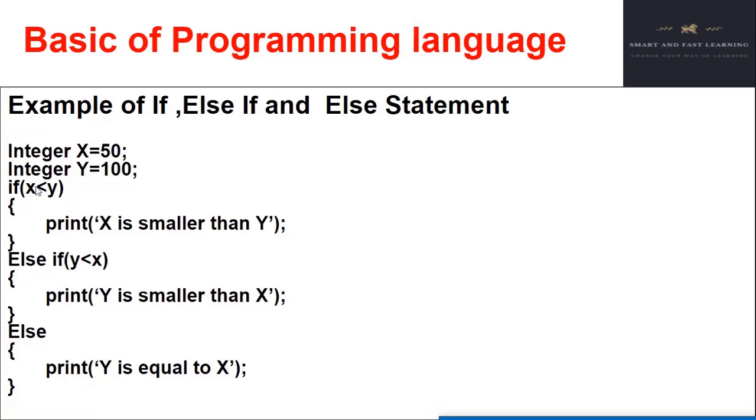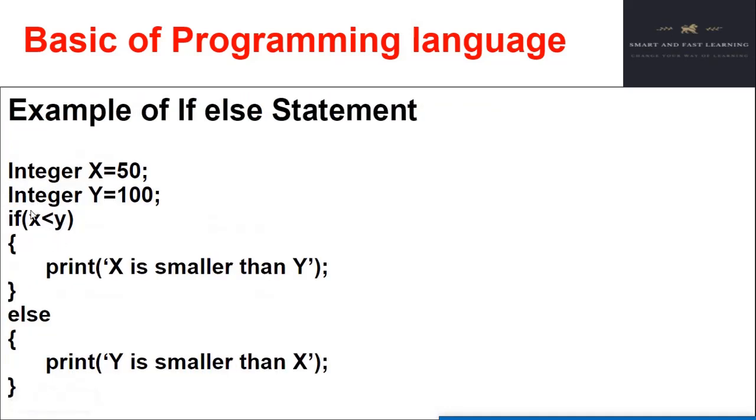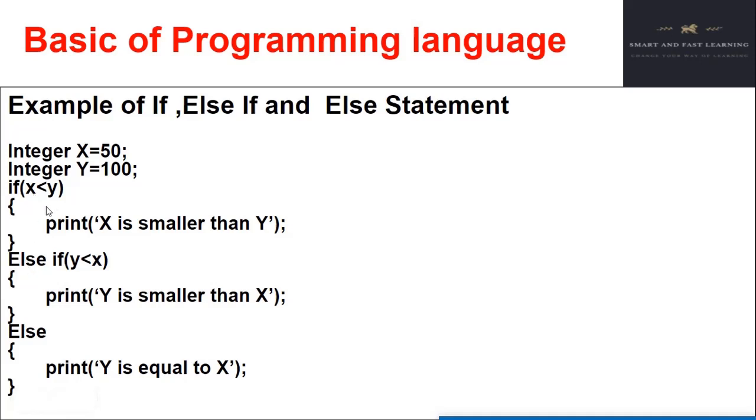Only when the if condition is false, like in the previous example, will it go to the else condition; otherwise it will not go to the else condition. Like that here also, if the if condition is false, then it will check else if. And if the else if condition is also false, then it will directly run the else statement, and the else statement will directly print this.